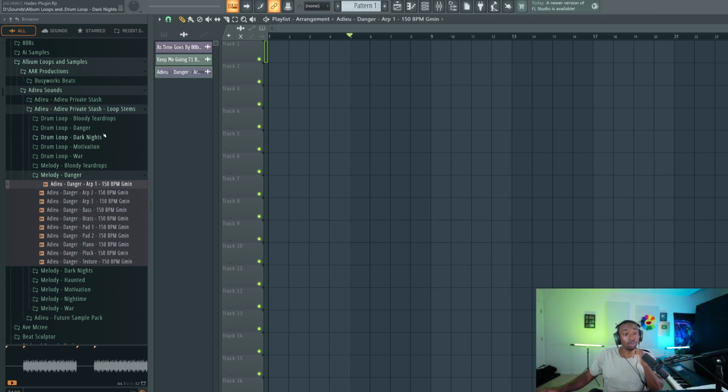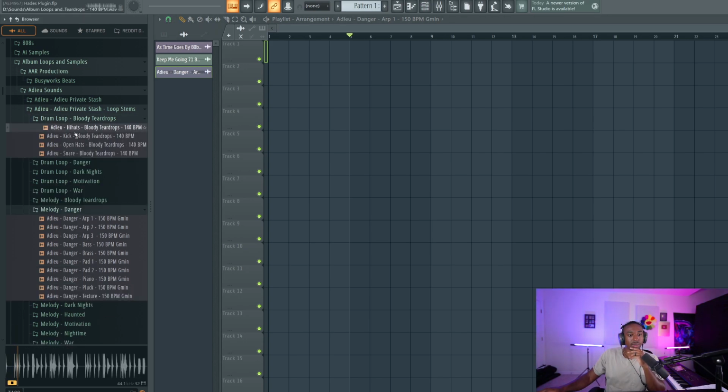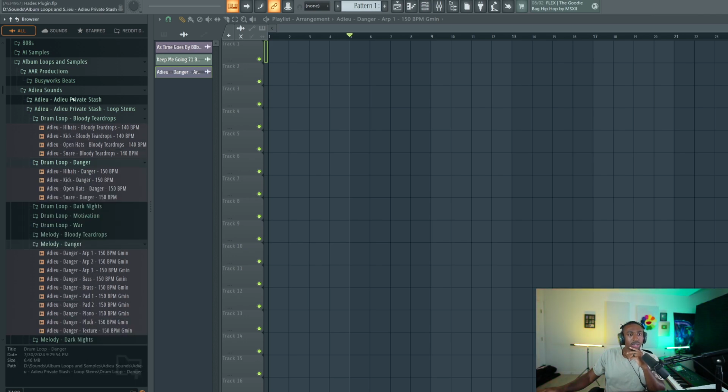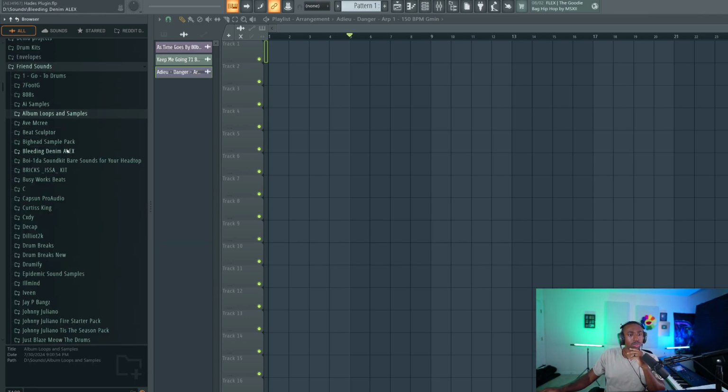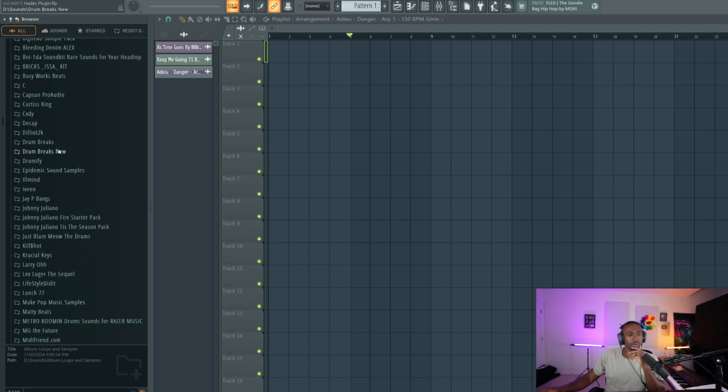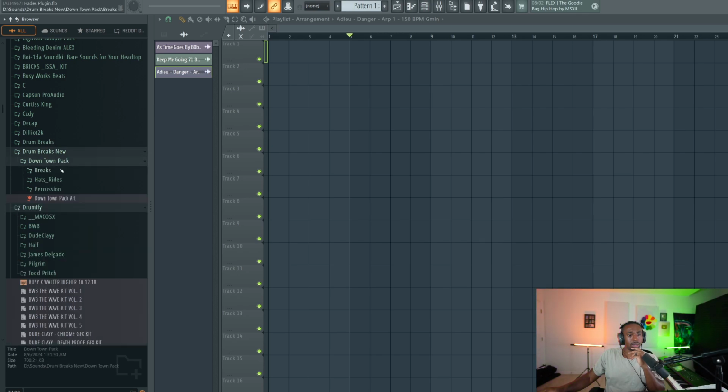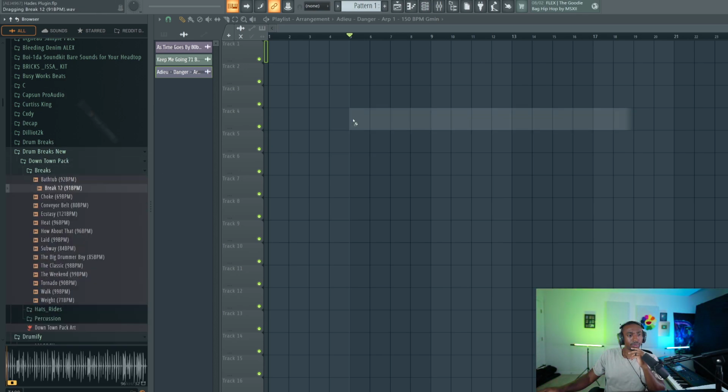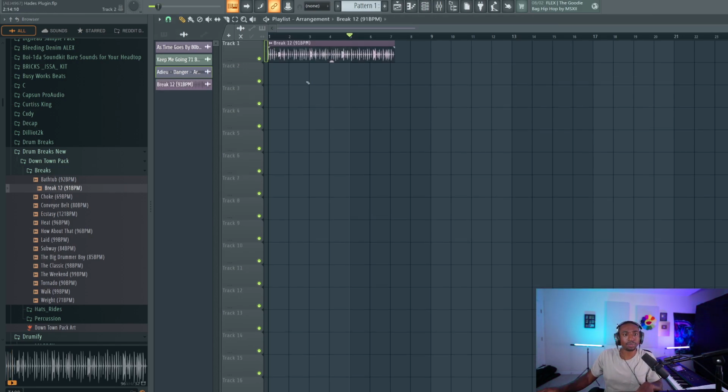It has a lot more in there that you can mess with, especially with drum loops. Let's see if we can find something dope here. These look like separated drums. So we'll run a drum break through it just to show you guys. I think I have drum breaks on here. Okay, so let's grab this one. We're at 91 BPM. I just want to show you guys how much stuff we can do in this one plugin.